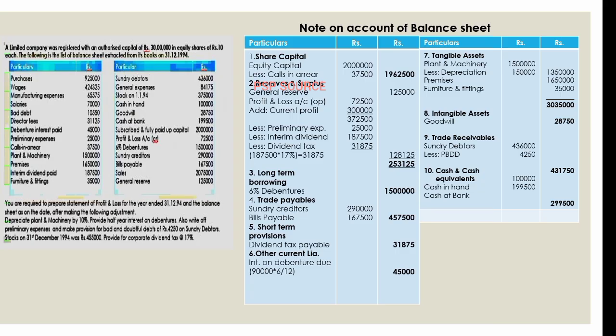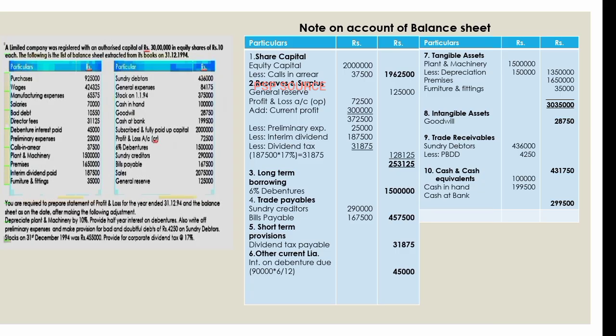Out of it we have to deduct preliminary expenses 25,000 and interim dividend 1 lakh 87,500. Then less dividend tax. Dividend tax should be taken out of only the interim dividend, not out of current profit. So we will be getting reserves and surplus of rupees 2,53,125. Next, working note 3, long-term borrowing, debenture rupees 15 lakh, trade payable,